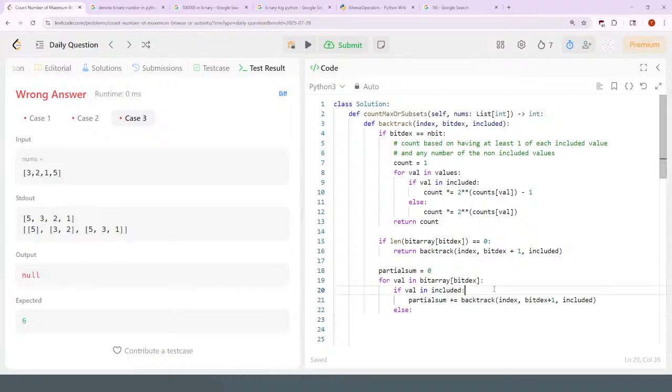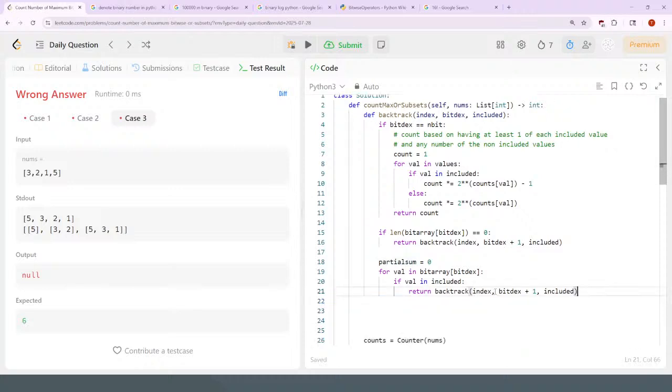So if the value says included, then return backtrack(index, bit index plus 1, included). And then if it isn't, because this is doing the largest,